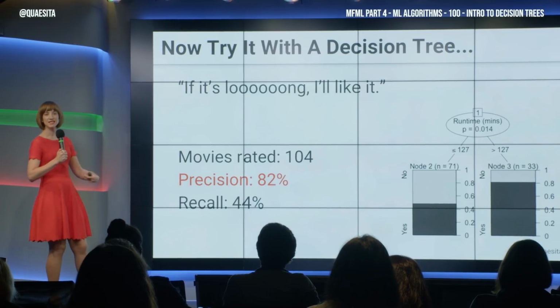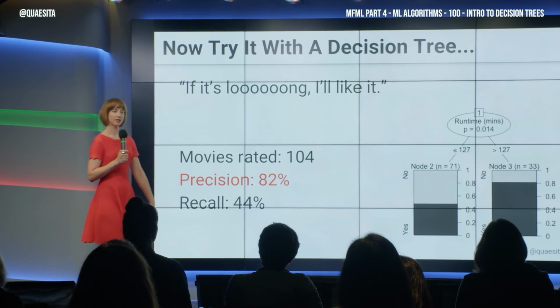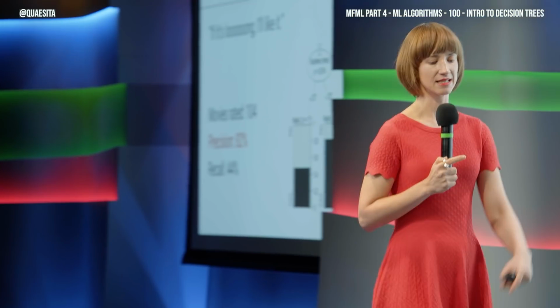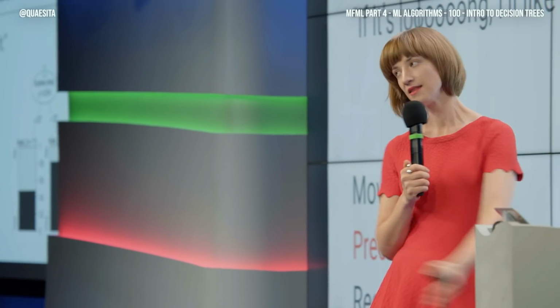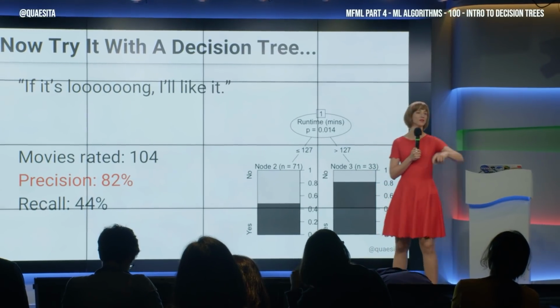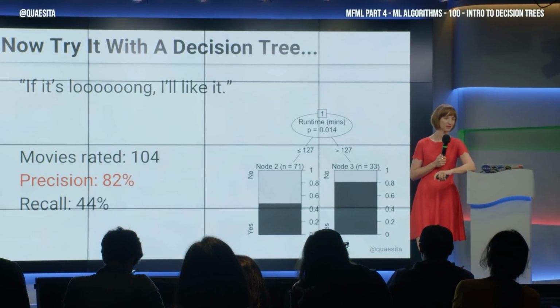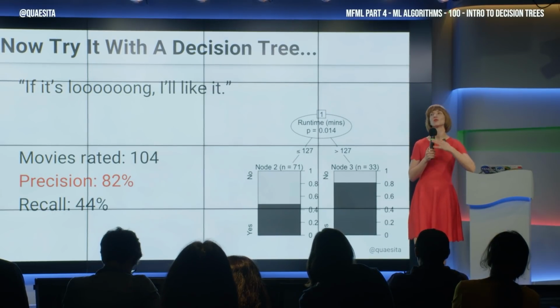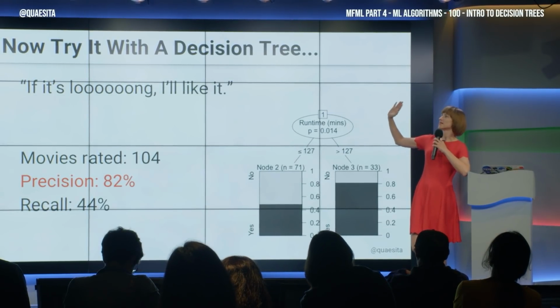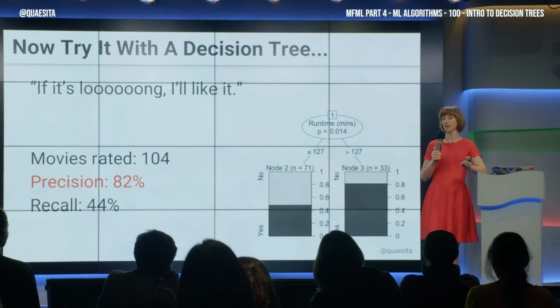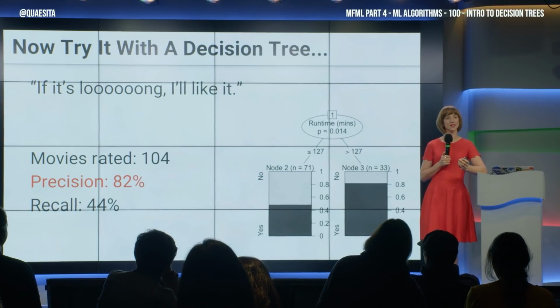Now, what does this mean? Well, from a data science standpoint, the only thing it means is that in these data, this rule outperforms my other rule. There is no other thing that it means. If I'm tempted to start spinning stories all about how, yeah, maybe this means something about directors investing more effort in longer movies and so the quality of the movie is whatever, or some story about how Cassie is so pretentious, if I'm tempted to start making such stories, I need to be aware that I'm in danger of overfitting,